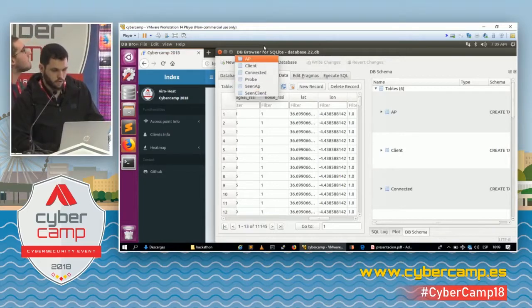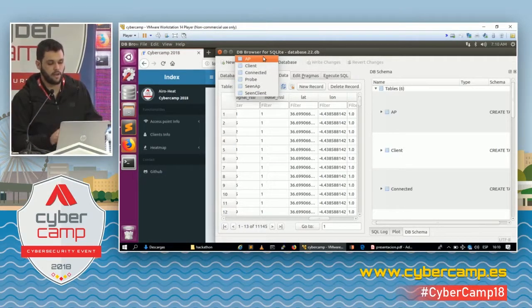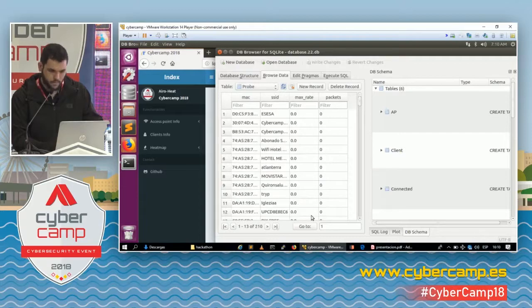So this one here, that's a database. We have the IP and the client tables and the relationship in between, which is connections, and then the probes in every client. And then the APs and the clients whenever seen. So this